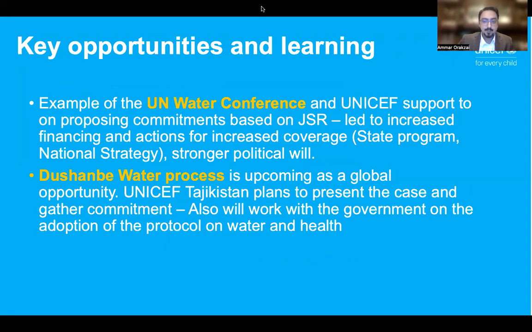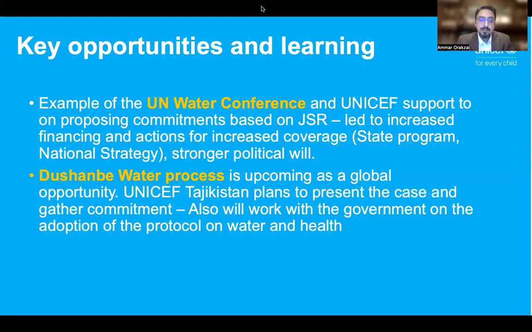Okay, this is also the last slide, and it's leading to highlighting what sort of key opportunities and learnings there were, and what our next step would be to take that forward. So this has been recently put together, and we are expecting to now work with the government on additional allocation, specifically on this. There are also plans to do a formal launch and dissemination for this investment case.